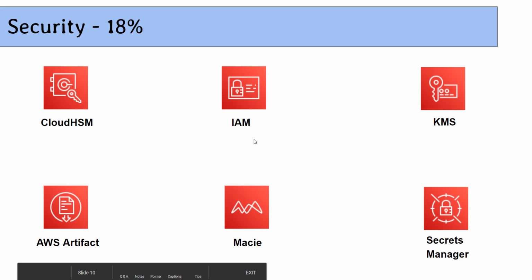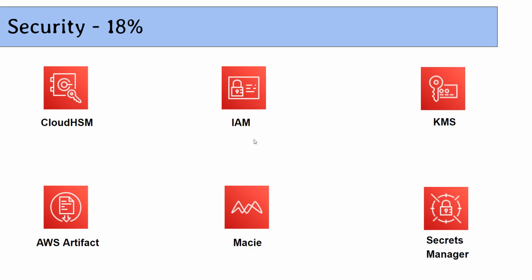Last but the most important one is security, which covers 18%. Here you should be familiar with IAM, KMS. You should only care about the basics of KMS. You have to study the security of all the services that we covered in the previous slides. Apart from that, you need to study governance and compliance control also. There are a few services such as AWS Artifact, Secrets Manager, then AWS Config, then CloudTrail and CloudWatch. So these all deal directly with governance and compliance. So at least you should have a basic understanding of when to choose which service.